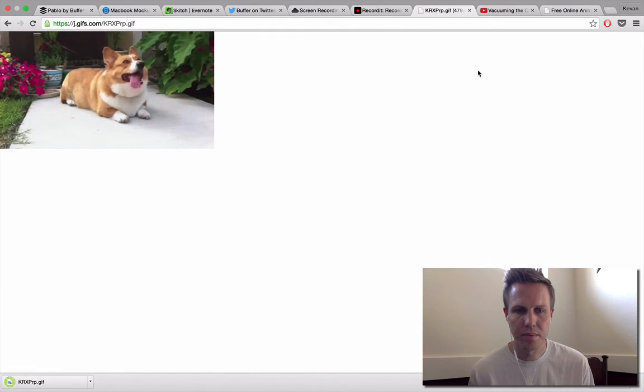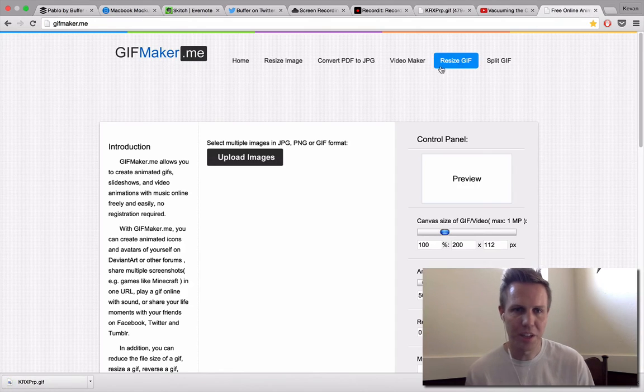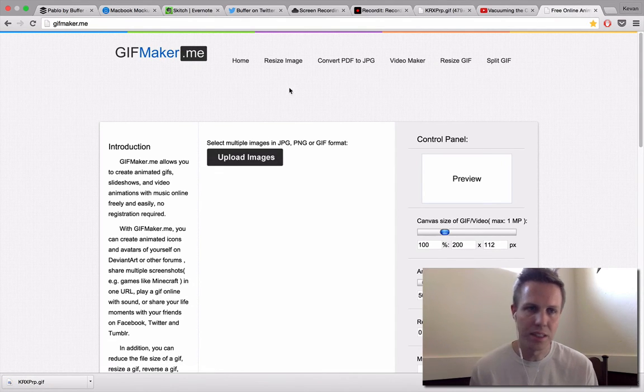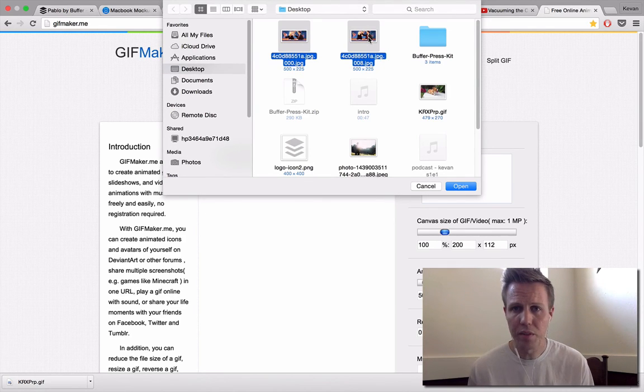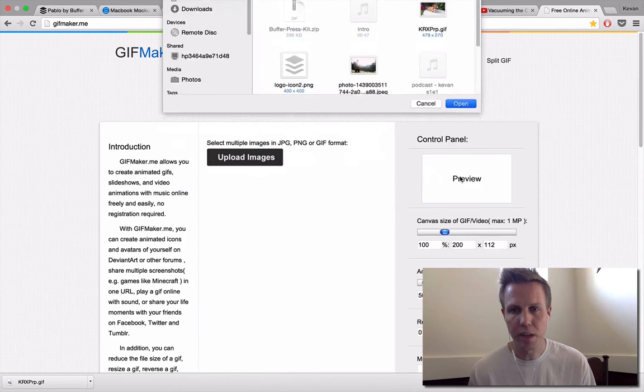And the very last option here is one that you can use to make a GIF just with different images. So this is gifmaker.me, and all these links will be in the email as well. I'll click on the Upload Images button here. If you have a couple of different images on the computer, say some words or text that you want to animate, you can make the animation, if you picture a flipbook, by making different pages of the flipbook and saving them as individual images, then uploading those images to gifmaker.me.